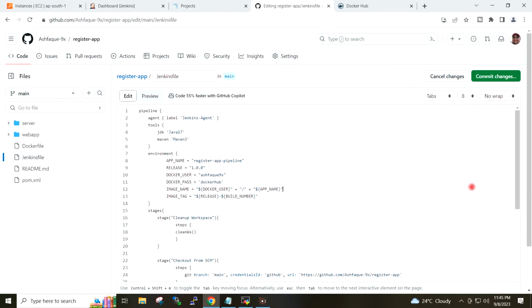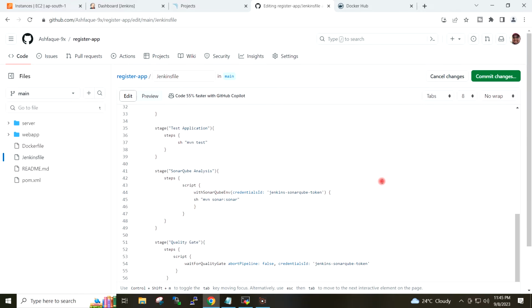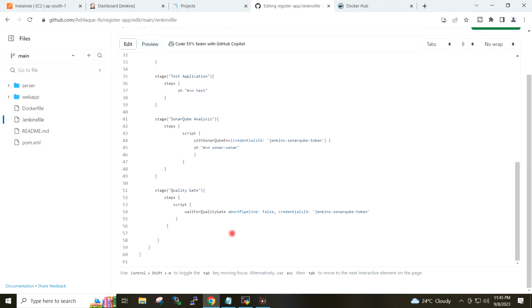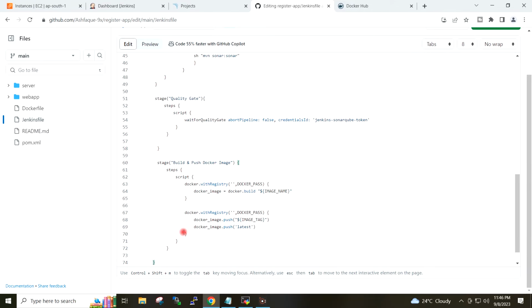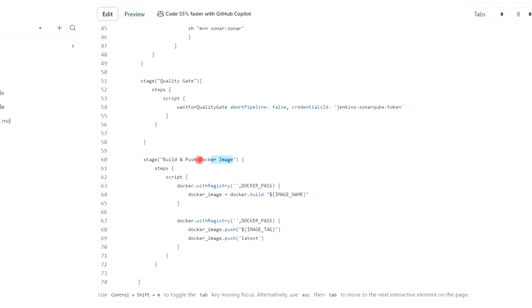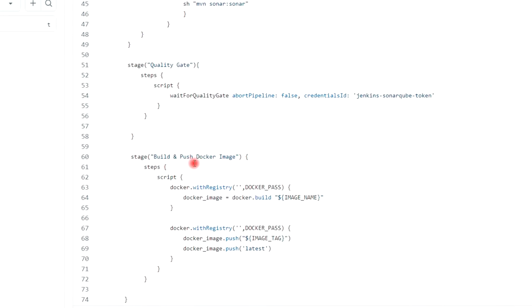I will go ahead and add the one more stage for the build and push Docker image. And this stage will actually build the Docker image and it will push it to the Docker Hub. So name would be build and push Docker image.